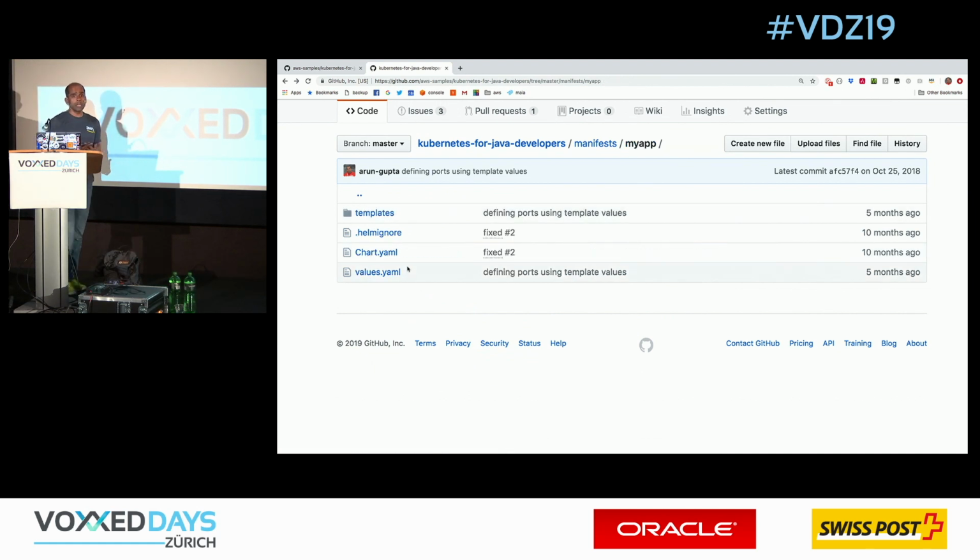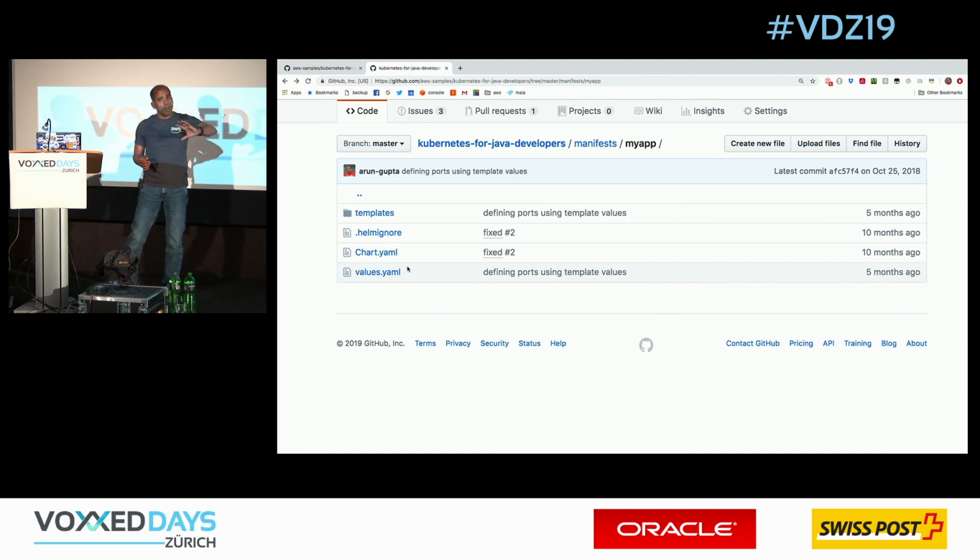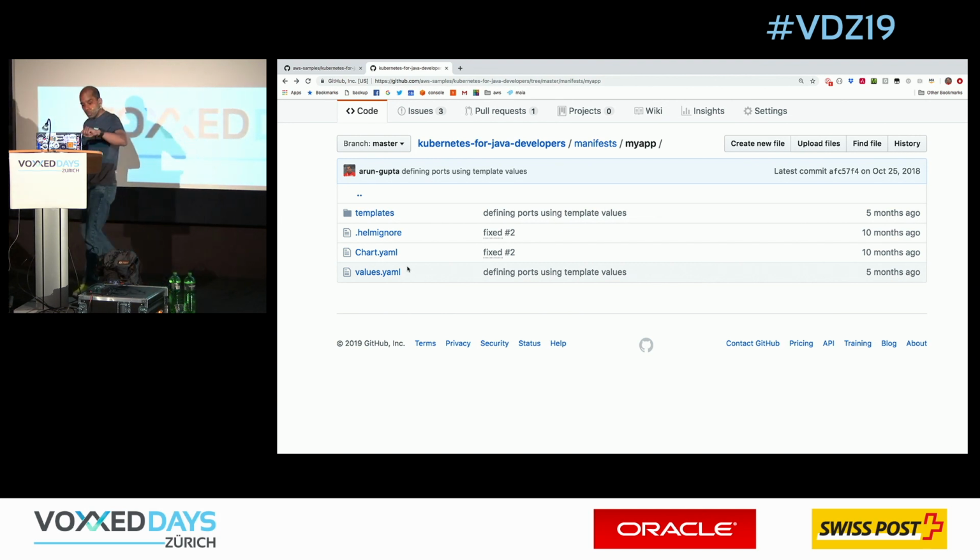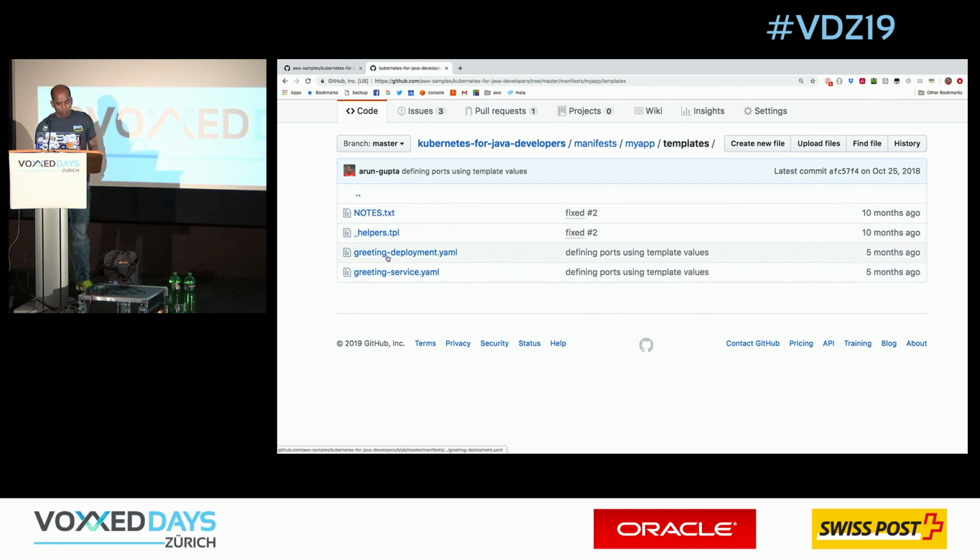So once you have done that, essentially what you're saying is my Kubernetes cluster is ready using Docker for desktop. Then I have installed Helm. At least today with Helm 2, there is a client component and a server component that needs to sit in your Kubernetes cluster. So using kubectl, you configure Helm in your server, and then you say, okay, now I'm going to take my Helm chart and deploy it into the Kubernetes cluster. Then Helm is going to read through all of these templates. For example, in this case, it's going to take a deployment, take the service, deploy it into the Kubernetes cluster, and have my application up and running.